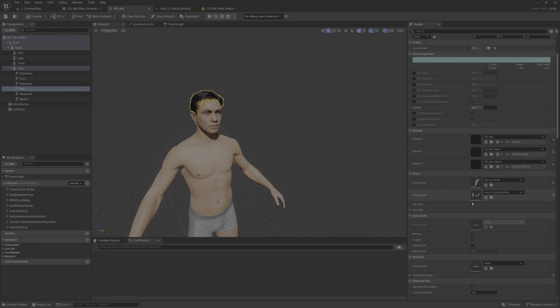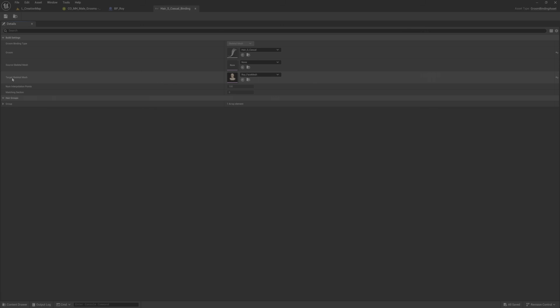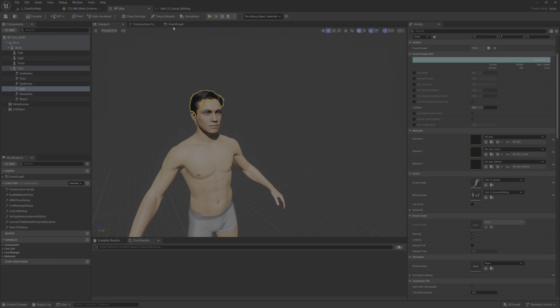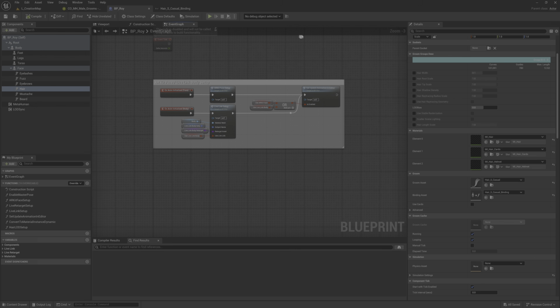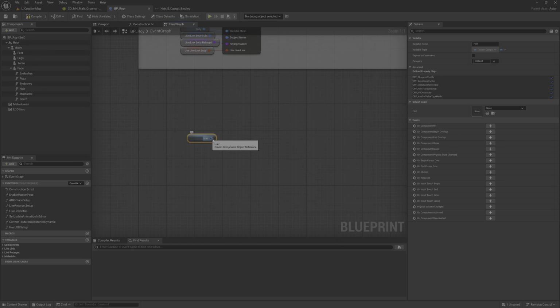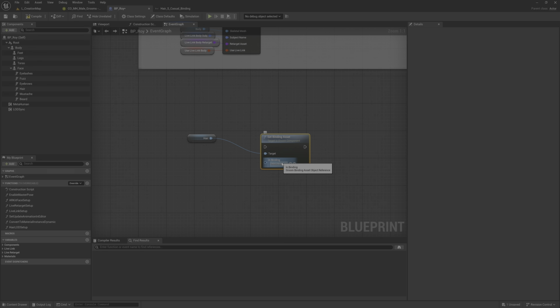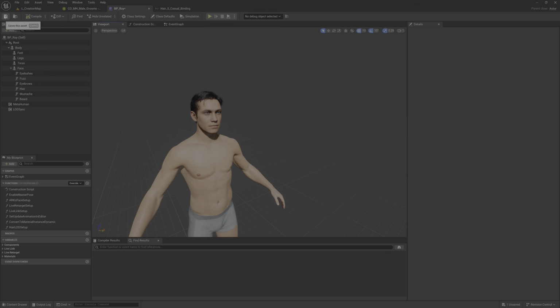So binding asset, here's the problem. Every binding asset has a target skeletal mesh, and although you can actually change it on the fly, for example here you can search for set binding asset and change it. It doesn't work.